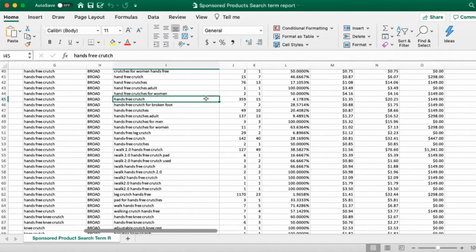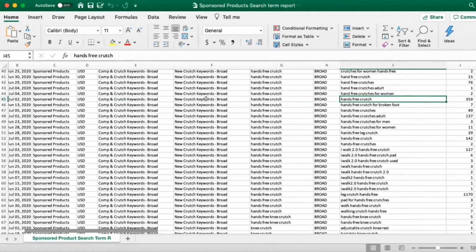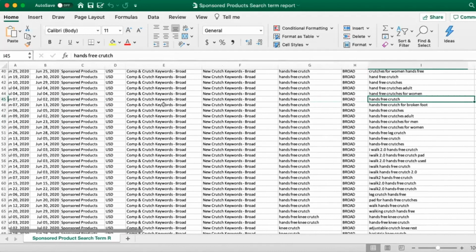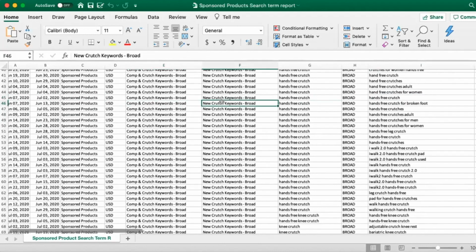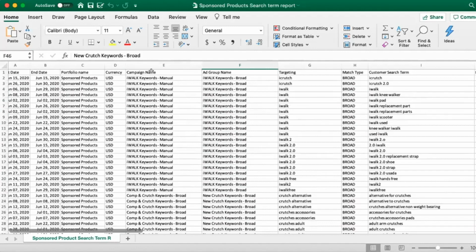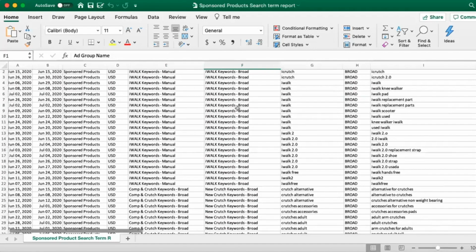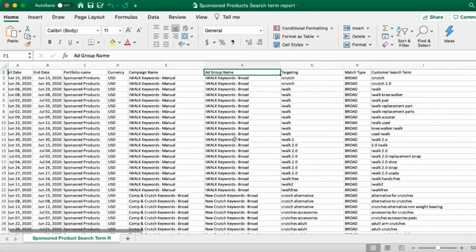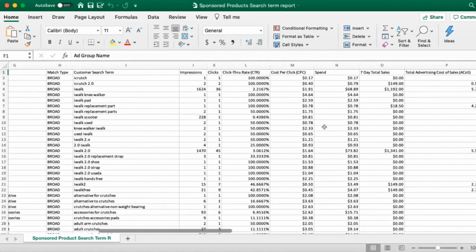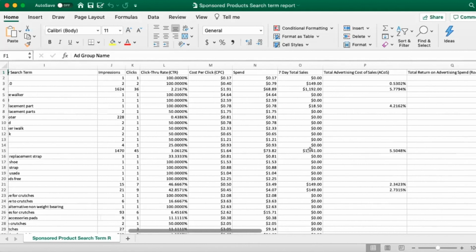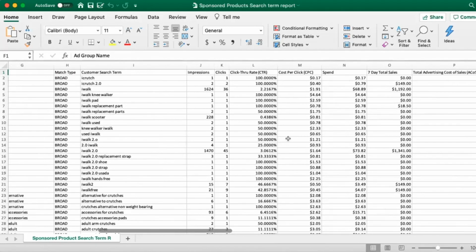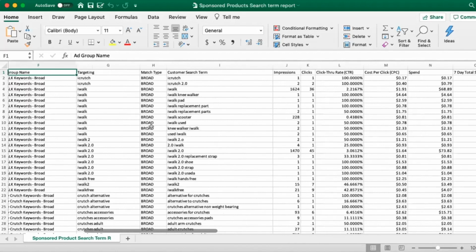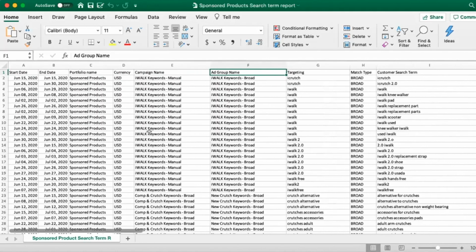where it's found. So the other thing that Amazon does provide is the name of the keyword, the campaign, and the name of the ad group. And you can see that is listed here at the top. It's a lot of different steps: creating the report, downloading the report, sorting the report, researching the report, and then taking the information from this report and then applying it to your campaigns. So now I'm just going to show you how users can really simply do that just by using Ads.